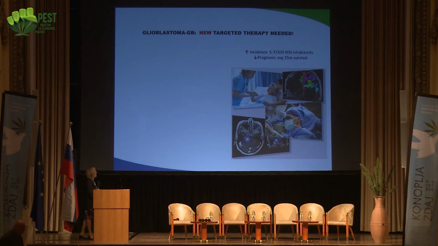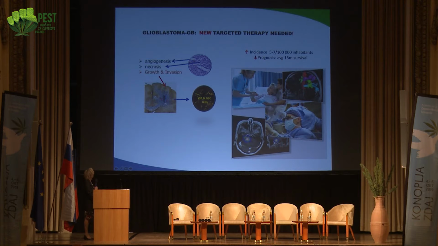So glioblastoma is really a very lethal disease with only 1.5 years of survival, whatever you do, and its significant properties are growth and invasion. And you can see here how these cells grow differently from carcinoma, as I've shown you before, which grows in a mass. Here, the tumor cells just spread all over the brain, even to the other hemisphere, and that's why it's really hard to catch them by surgery, radiation, or even chemotherapy, which only increases the survival on average by 2 months. Now, which are the cells?